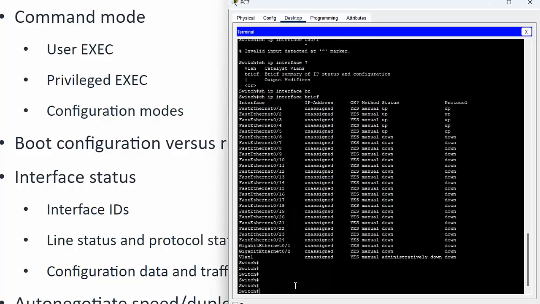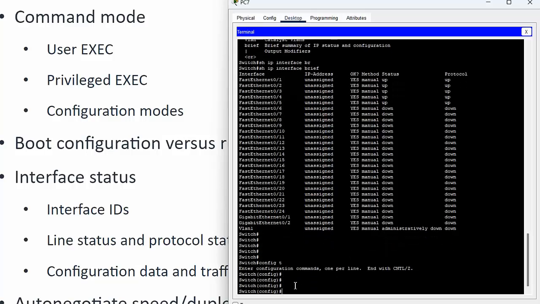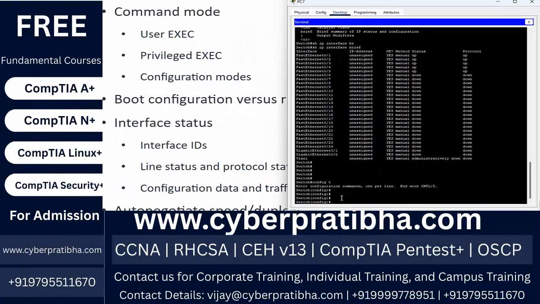This type of command you cannot run from user execution mode. But you cannot change the configuration, like creating a VLAN or enabling port security, from here. For that you need to go into configuration mode with config space t. Now you can see the mode has changed. Now I am in configuration mode.